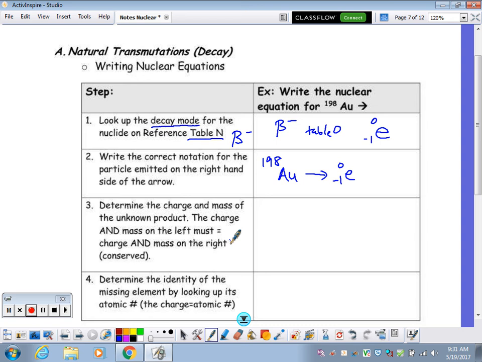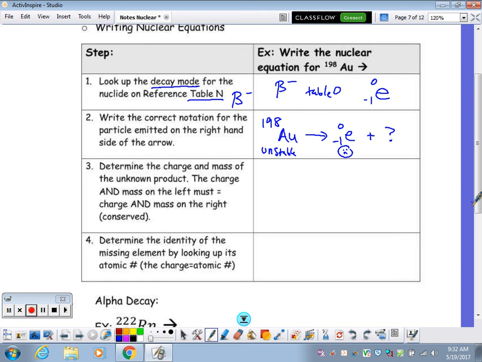So now it shows me my unstable nucleus, gold 198, its nucleus falls apart, and this is that radiation given off. This is the scary stuff. Now, what I need to find out is what is the new structure formed as a result of the nucleus spitting out the